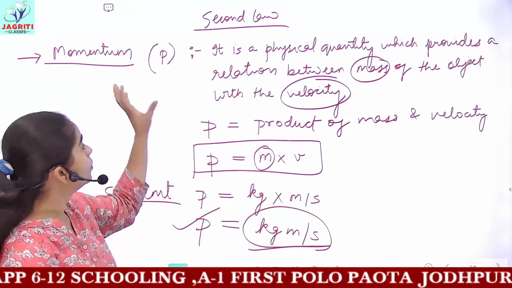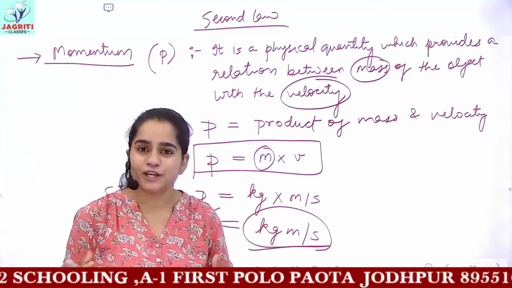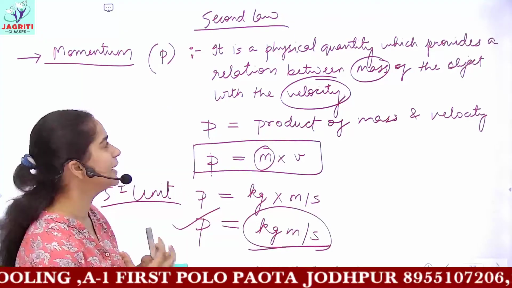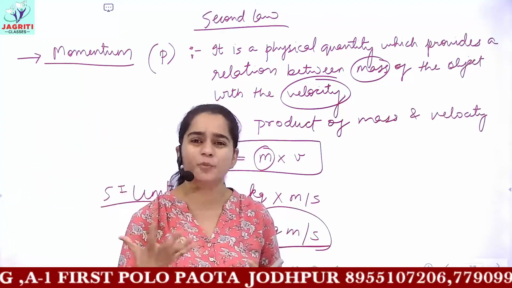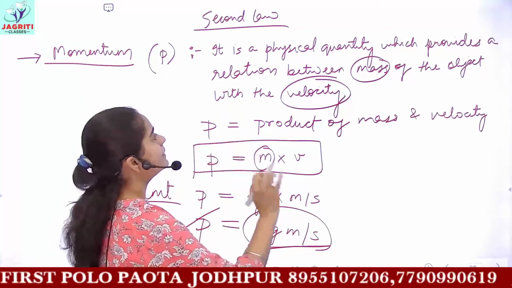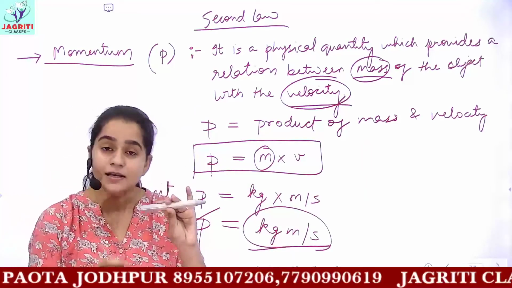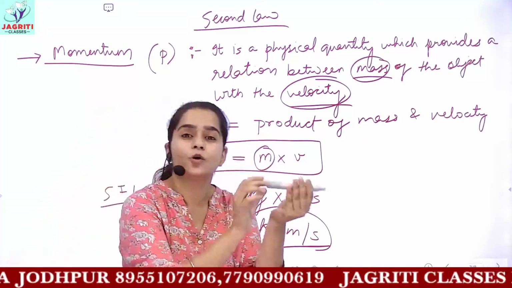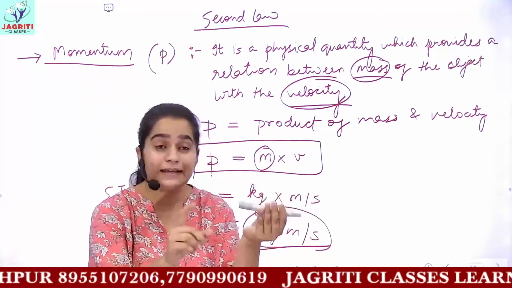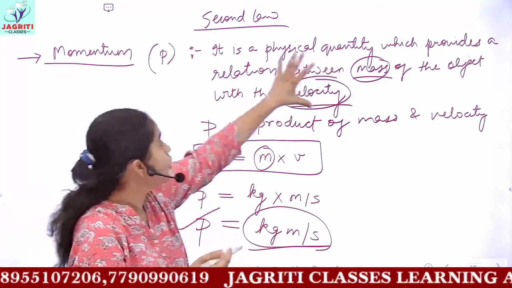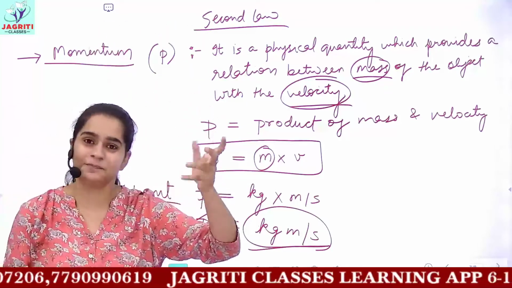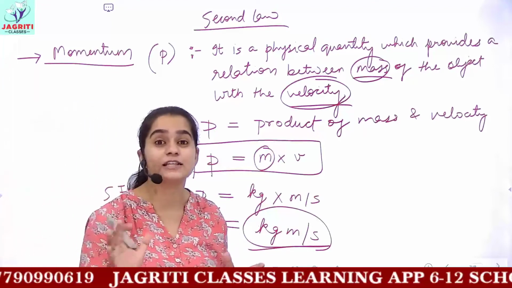So now you should know. And what is the physical significance? Actually, we cannot explain clearly the significance of momentum. Why? You can take this as any object which has a certain mass. If it is moving with a constant or any kind of velocity, then we say that that object has some momentum. This is actually the physical significance of momentum.